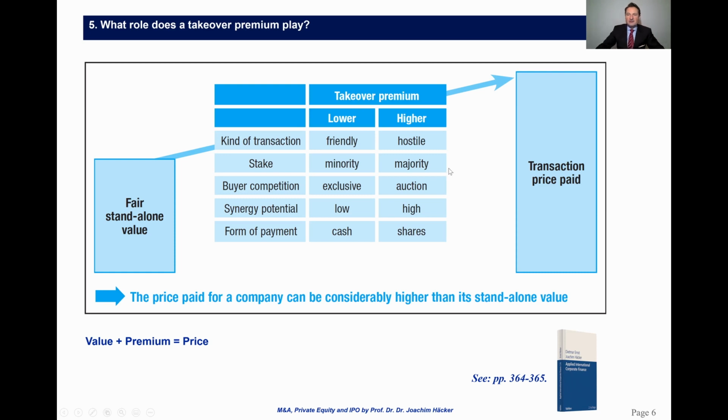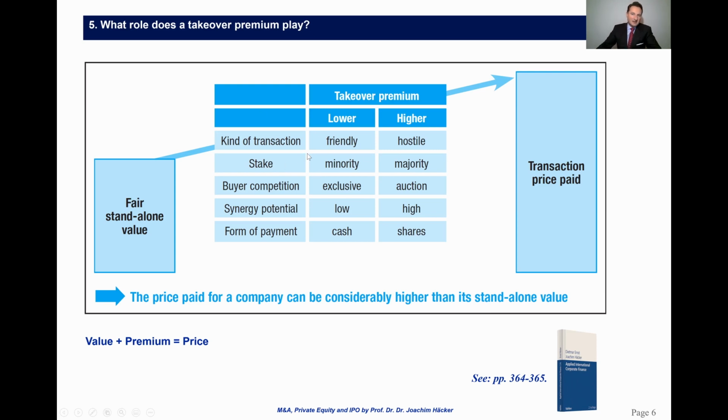The thresholds I mentioned are important, like 30%: when do I need to come up with a public offer to everybody? 50%, you're basically in the driver's seat. 75%, nobody has a blocking minority, which you have when you've got 25%. You basically can do everything, including M&A, including capital increase, actually. And 95%, you need 95% for a so-called squeeze out. So depending on the stake, you pay a lower or higher takeover premium.